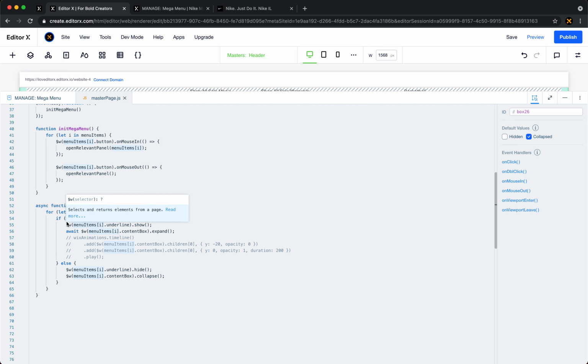and I'm checking if this object in this position is equal to the object I just received by hovering, right? So if it's equal, I show the underline. This is what we did before, and I am expanding the content box. Okay, so let's see if it works. So let's publish the site, and